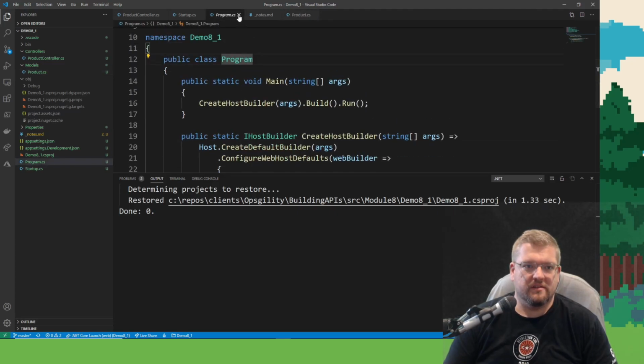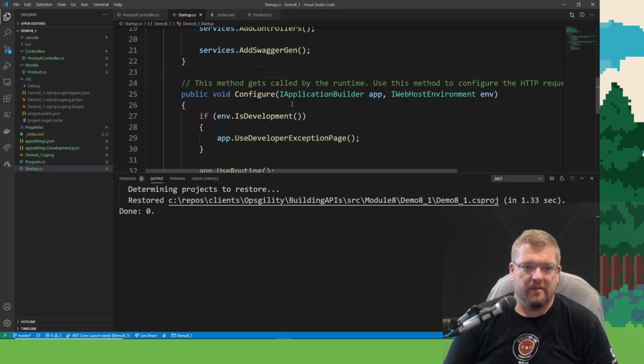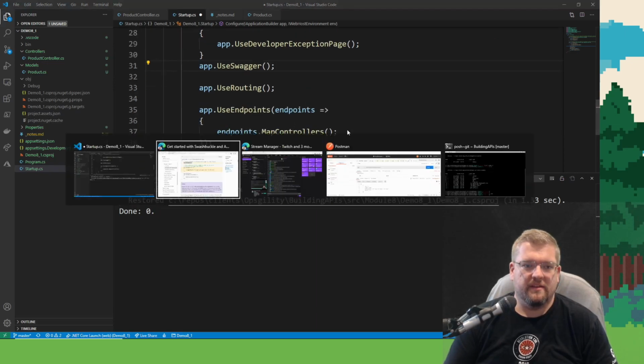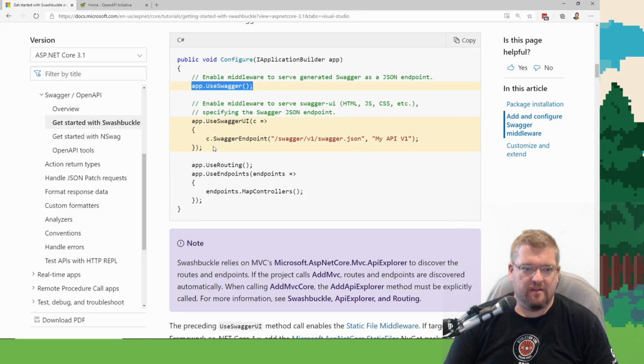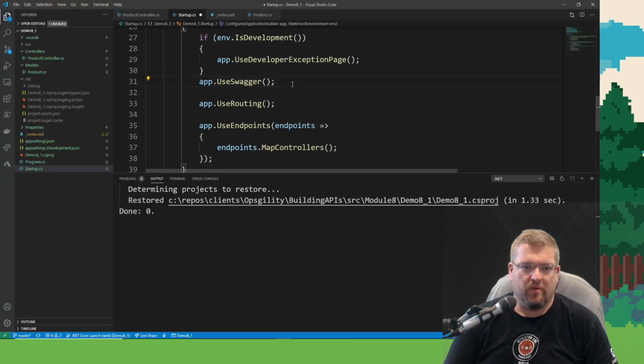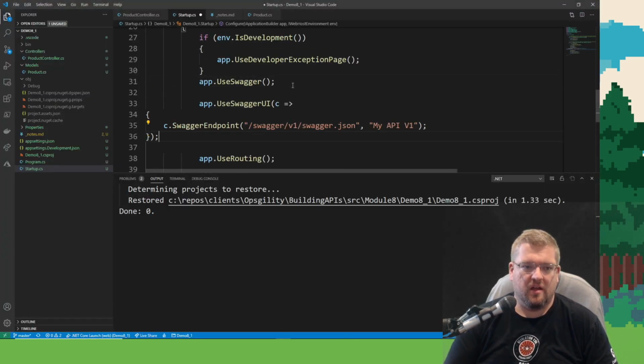All right. There we go. So we should be able to use Swagger. And then is it in Swagger UI before routing? Come on, format that.